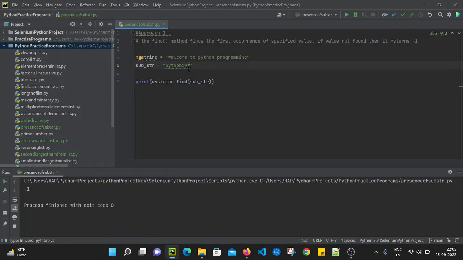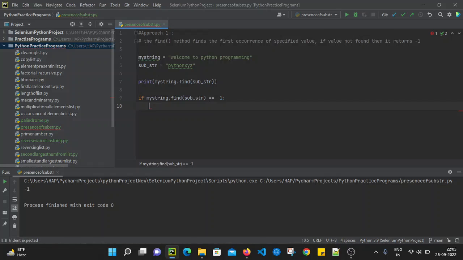So on the basis of this logic we can simply write one if condition. For example, let's say if myString.find(substring) equals -1. If it is -1, that means that value is not found. So we can simply print substring not present,